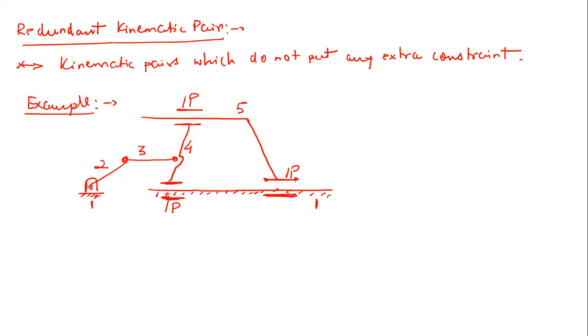Okay. Now can you see any redundant kinematic pair, or in simple words, any kinematic pair the presence of which is not going to affect the mechanism in any way? Even if you take that prismatic pair away, the motion of the other links is not going to change. So can you recognize any kinematic pair here? Just tell me by name, like between which two links, link 4 and 5, or between link 1, 2, 3 and 4. Just refer to it in that way.